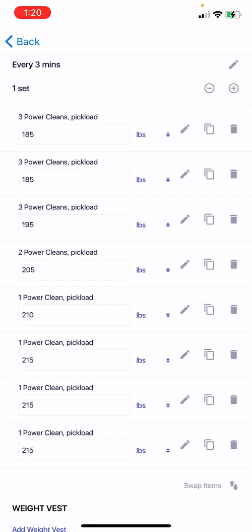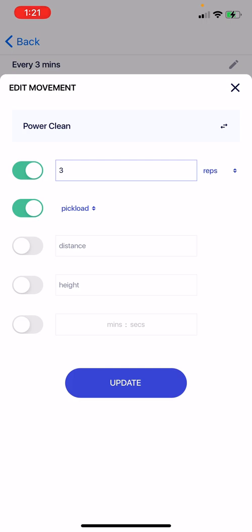So each of these screens, it doesn't matter which workout it is, could be a four-time workout, could be an AMRAP workout. It's going to ask you to enter your score for that workout, all right? So there'll be some input boxes there for you. Now, one thing that you can do is you can also customize this workout a little bit. So in the beginning, if you remember, I said that I had to modify something about this workout. For example, if I click on the little pencil icon next to each of these movements,